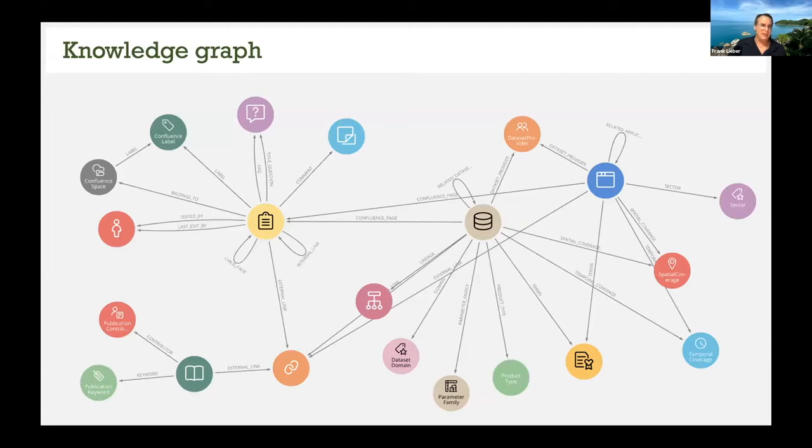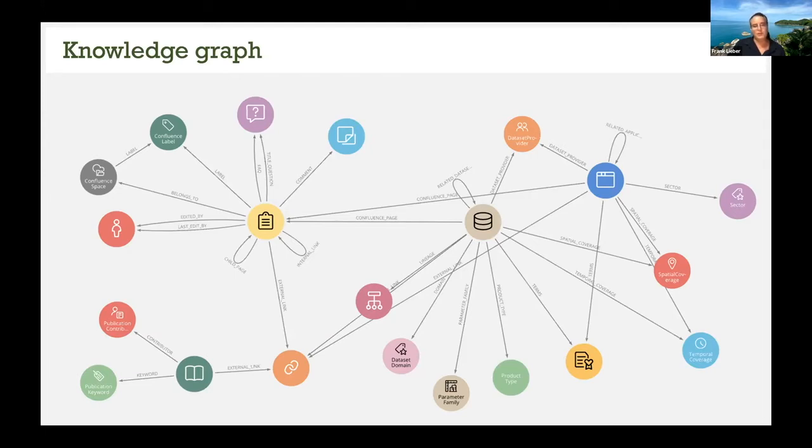On that slide here, you don't have to read it or understand it, it's basically just a very short snapshot of what we call the knowledge graph. You just need to understand that there are different objects, they are somehow linked to each other, and we will later make use of these different objects and linkages to answer questions. For example, one of these circles represents a data set of the C3S service.